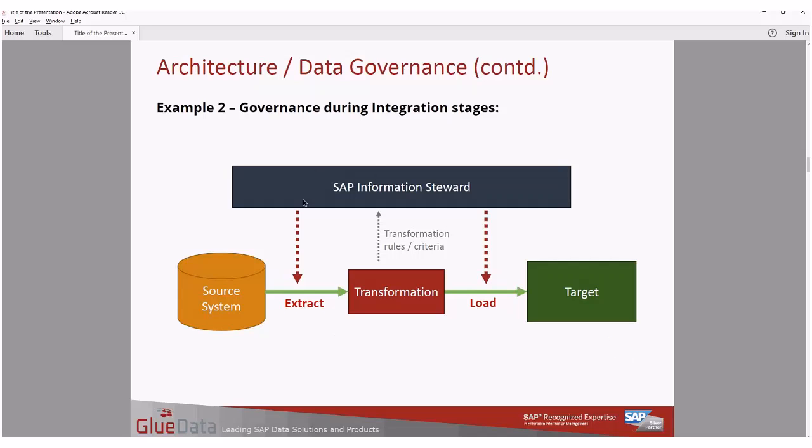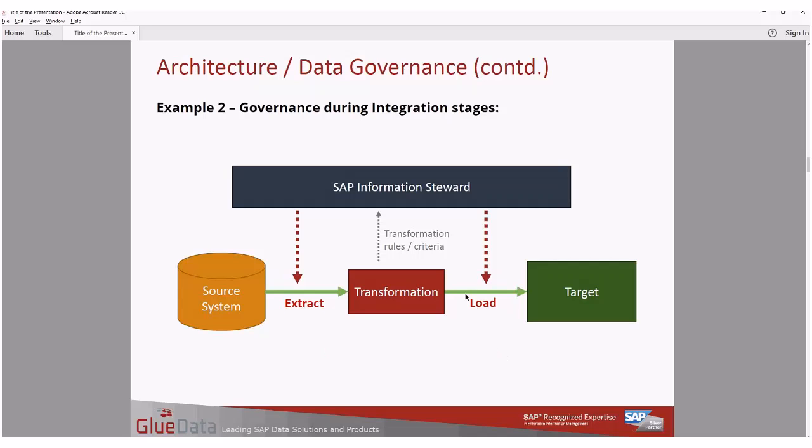Information Steward you can typically apply at the point of extraction, so to understand what the source system looks like, and you can apply it post transformation, so you can validate before you load it into your target system, and you can do both as well. That would actually be great, because you'll have a baseline or a starting point, and then you'll have an end state to compare that to, and you can do reconciliation external to this process, which is a good principle to